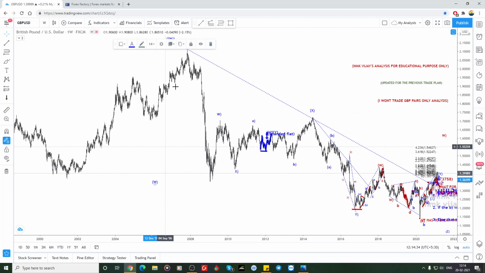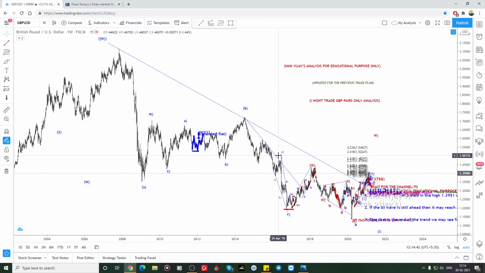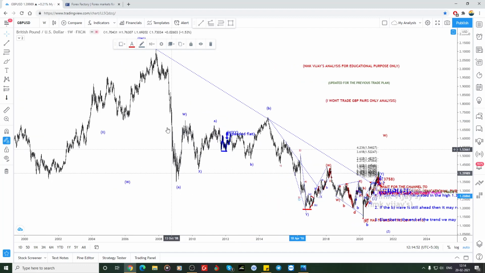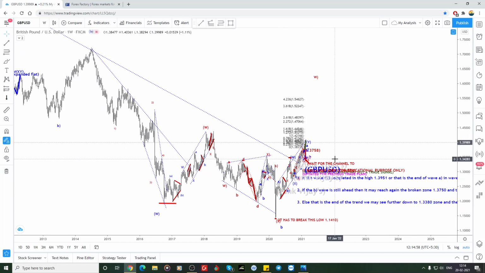So it could be an A also. So this could be a B also. So C is a 1. So it could be 2, 3, 4, 5. So anything we can make it as a 3, 4, 5. So A, B, C. So here the W is over, and after that